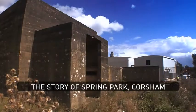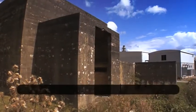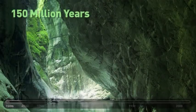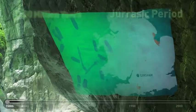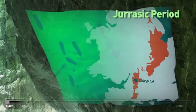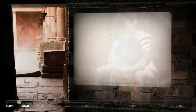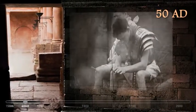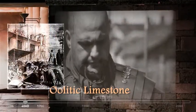The story of Spring Park, Corsham is really the story of what lies beneath it. Over 150 million years ago, under an African sea, a mixture of minerals, organic matter and seawater produced a very rare form of oolitic limestone. And in 50 AD, it was the Romans who first uncovered the limestone at Corsham and discovered the excellent building